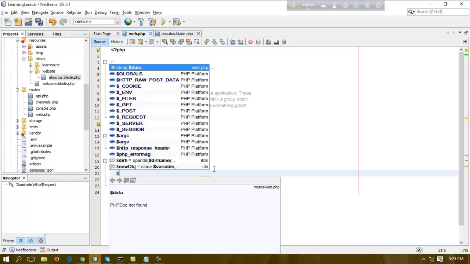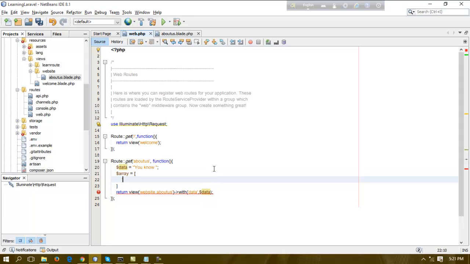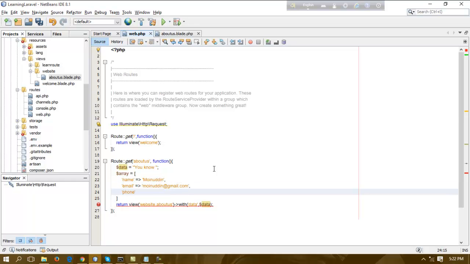If my variable is an array type of variable, which can be name, my name is Moinuddin, email address @gmail.com, phone 01716187302,